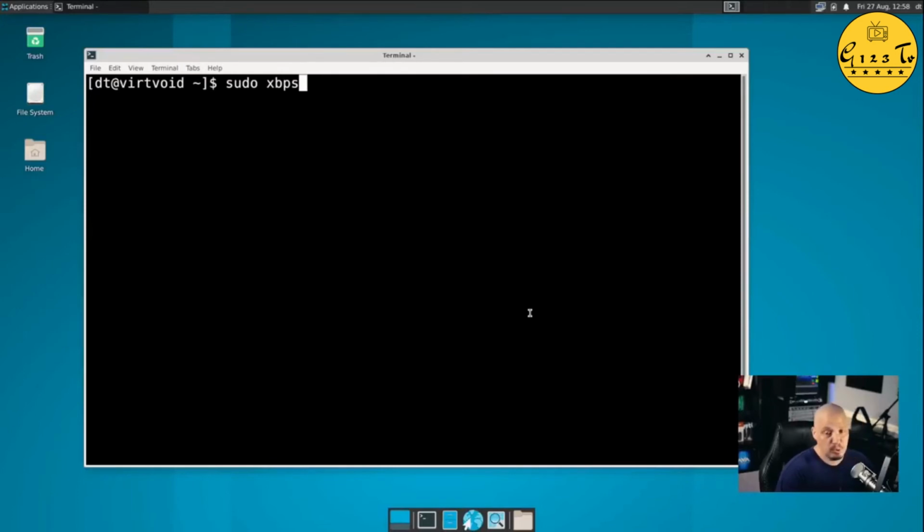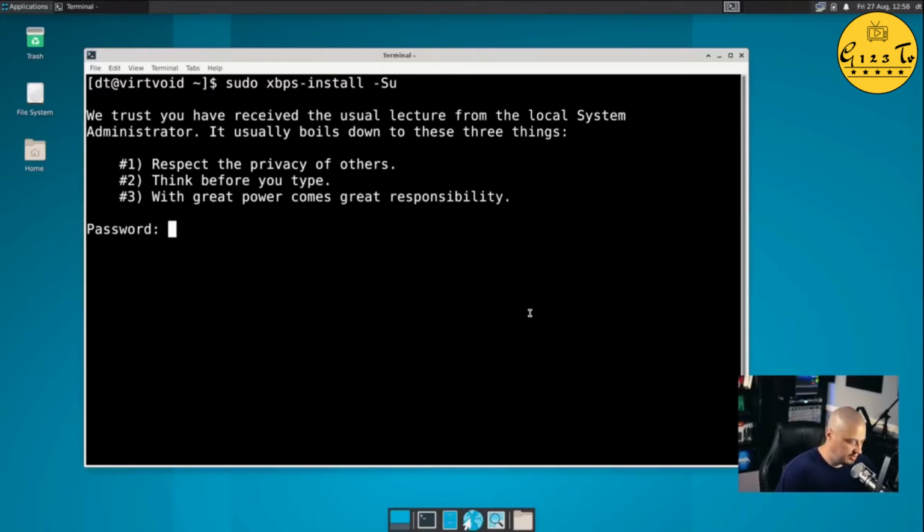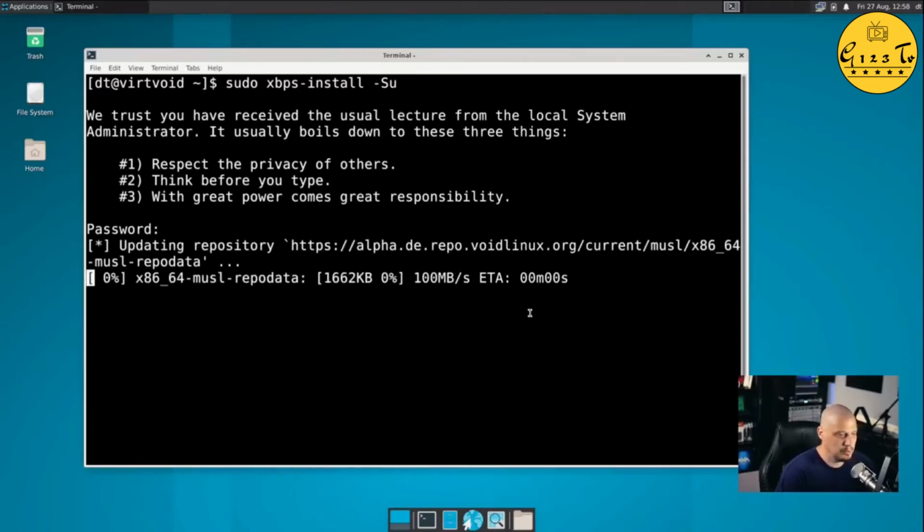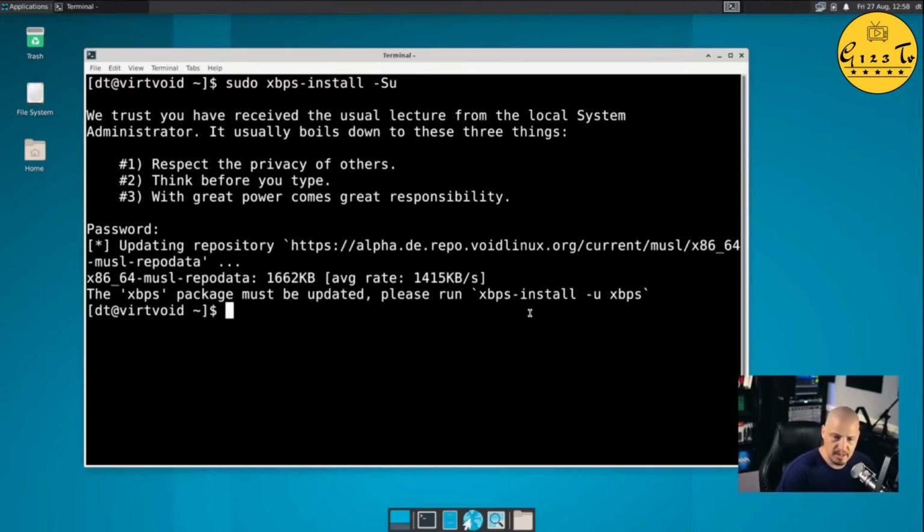So I'm going to do, we should update the system because I don't know how old this ISO was, and we installed packages from the ISO. So let's go ahead and sync the repositories and actually update the system. So I'm going to do sudo xbps-install and then give it this flag -s for sync the repositories -u to update the packages. And it's asking for a root password, so give it your super secure and strong complicated root password, and it